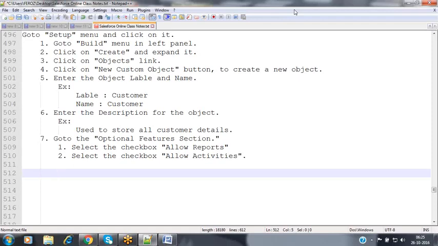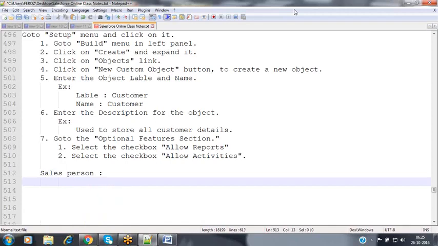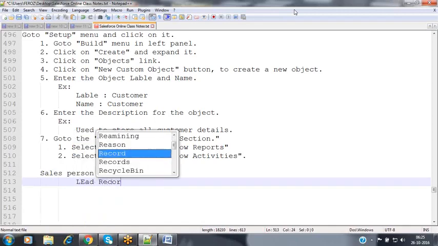Now suppose for example, assume that I'm a salesperson. So now we got a lead record, okay?